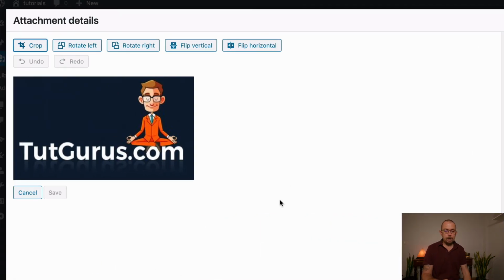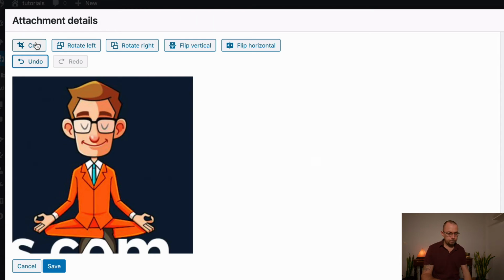Other things you can do is you can click Edit Image. Edit Image is pretty cool. So you can crop the image. You'll notice once you click the crop, they have these little handles. So I could just crop, just say I want this cool dude here. And then I can click crop. And that will just give me the picture of this cool little dude here.